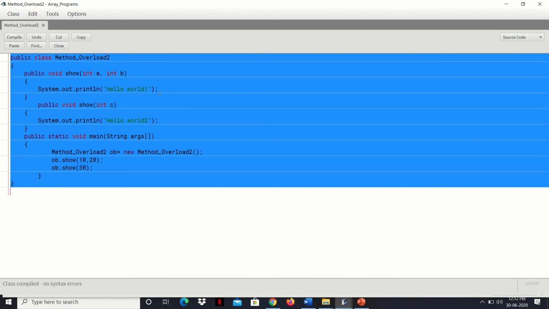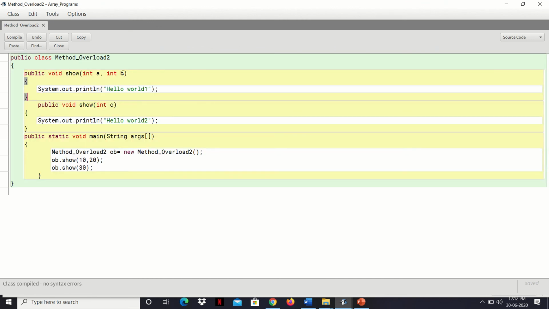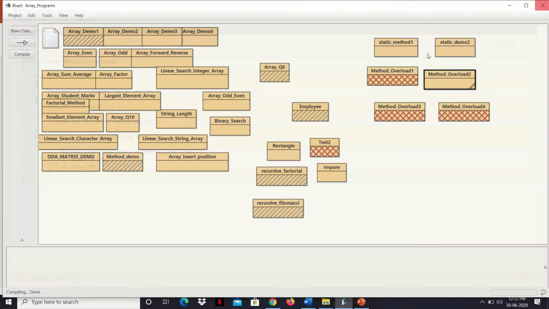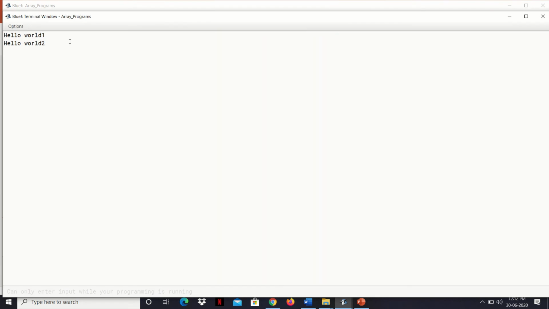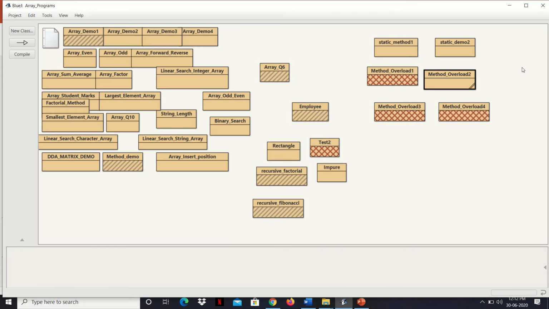To resolve this error, we'll change this one. Suppose the number of arguments here is 2 parameters, so it matches with this. So at the compilation phase only, we are able to know beforehand that this version of parameters will call this method, and this version will match with this one. If I compile this, there is no syntax error. Let us see the example. Hello world 1, the first version of show is calling this one, and the second show is printing hello world 2. I hope it is clear now.